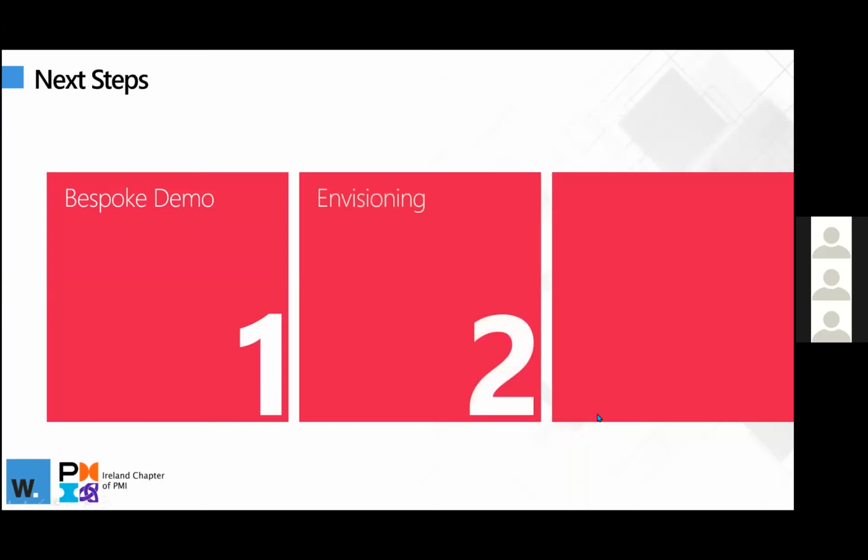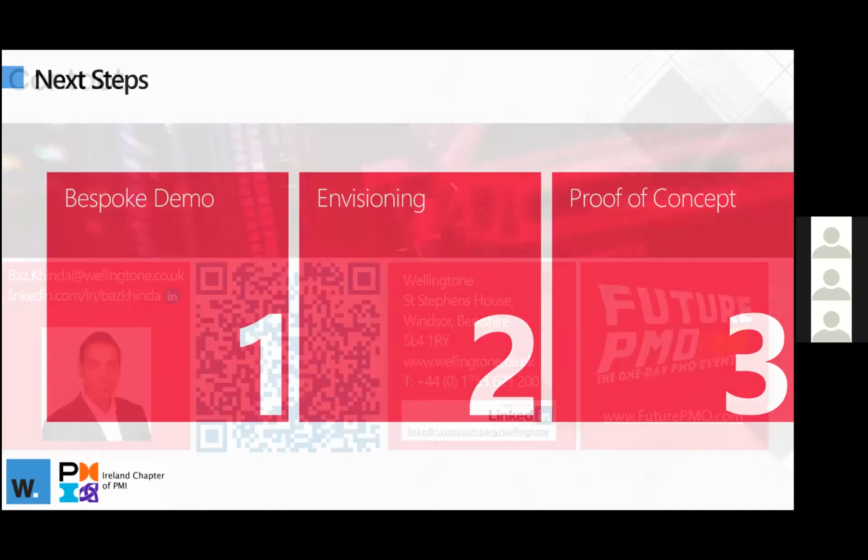If you would like to take a deeper dive, then we can also deliver what we would refer to as envisioning workshops, which would be used to look at your current ways of working, to get a better understanding of your pain points, and for us to then show you or play back to you the art of the possible. The output from those types of sessions is typically a tailored implementation roadmap alongside a tailored proposal as well. And of course, if you want to go all the way and start deploying or running a proof of concept, again, please get in touch. We can help you with that as well.